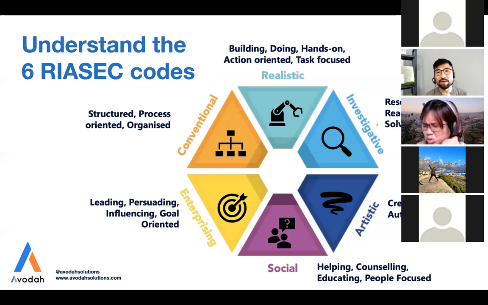Knowing these 4 things about yourself will give you a head start to knowing who you are as a person. And then looking at that to map back, using RIASEC is one of the ways for you to find out your VIPS. So there are many other tools that you can use, but tools aside, knowing this VIPS is more important. You need to understand it, you need to own it, so that you can know what kind of roles you should apply for, what kind of career decisions you should make for yourself.